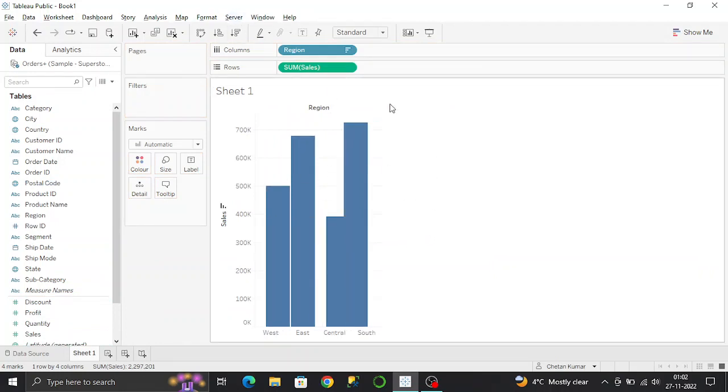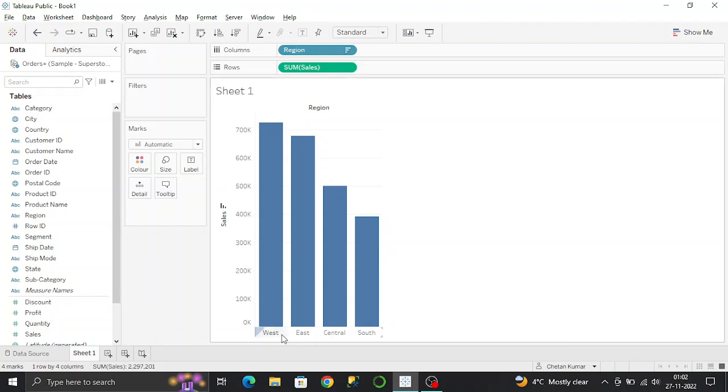You can sort it based on descending order, so you will get to know that west is having the highest sales and south is having the least. You can even display the numbers by dragging the sales to label,